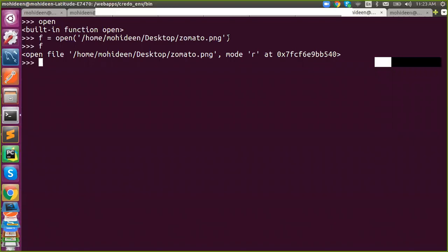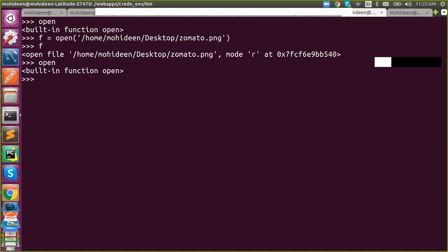For example, in the case of an image, we can resize the image. I have shown you already how to resize an image with the help of a module called PIL, the Python Imaging Library. There are a lot of modules available, depending on the file extension, I mean the file type. If it is an image, we are supposed to use PIL. If it is a text file, we can simply use open, which is enough.